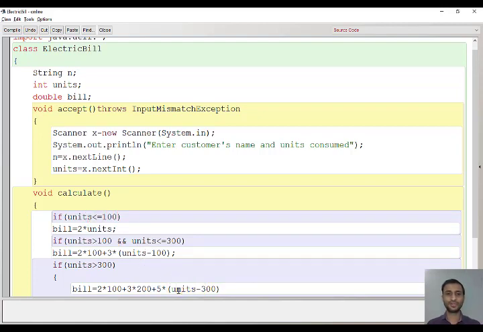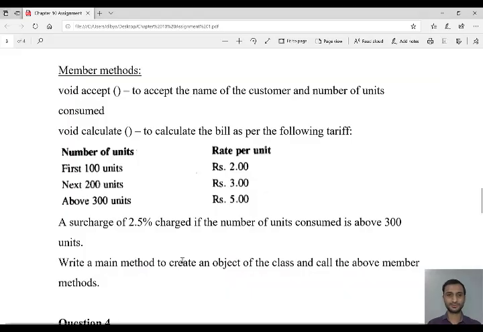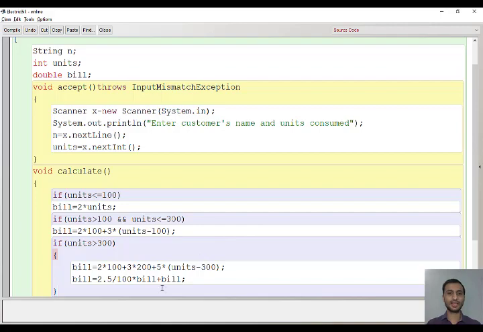So whatever is more than 300, you have to pay 5 per unit. And there is an extra surcharge. Here 2.5 charge if it is more than 300. So you will add another 2.5% to the final bill. So this is the calculation part.